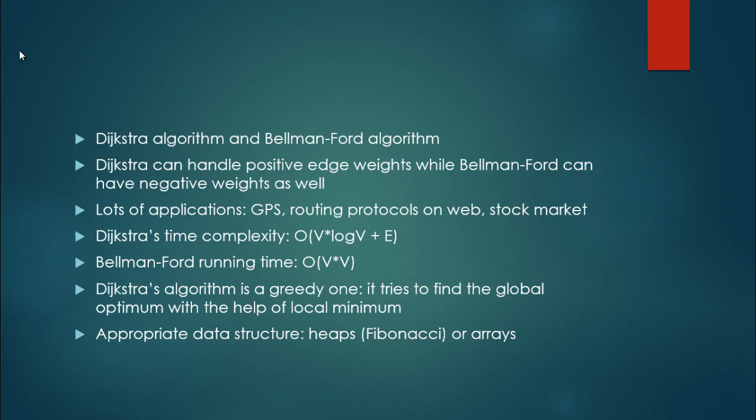Dijkstra's algorithm and the Bellman-Ford algorithm are the two main techniques for finding the shortest path in a graph, whether this graph is directed or undirected. Dijkstra's can handle positive edge weights, while Bellman-Ford can have negative weights as well. That's why the Bellman-Ford algorithm is a bit slower, but we can do a lot more with the help of